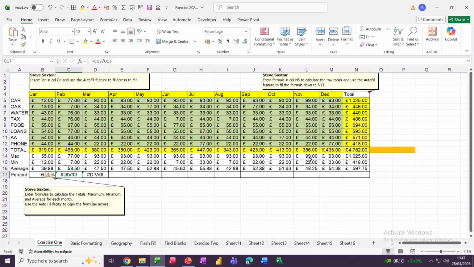But if there was 10,000 rows, 4 hours later, cup of tea and a biscuit, feeling good about yourself, it should have been done in 6 seconds. So that's how bad Excel can be if you don't know certain things. Because what you should have done is come back onto the first one that's correct,